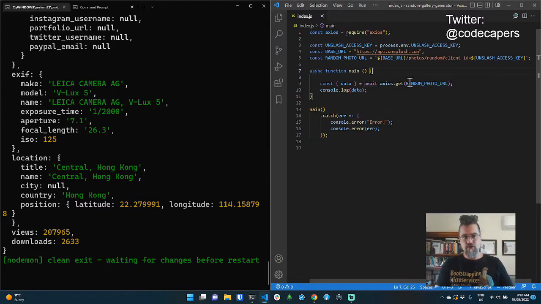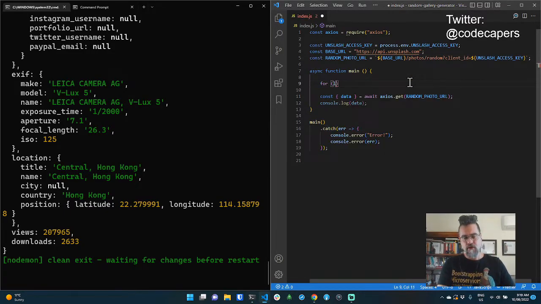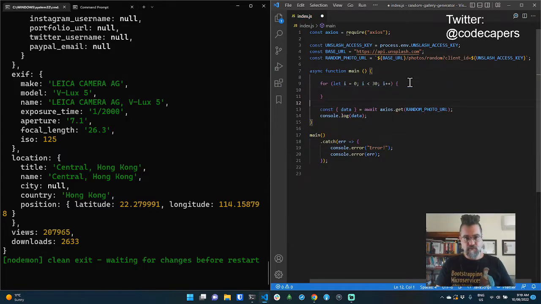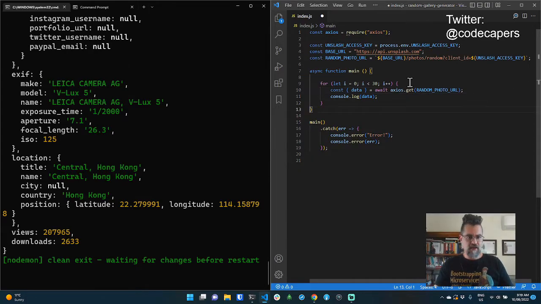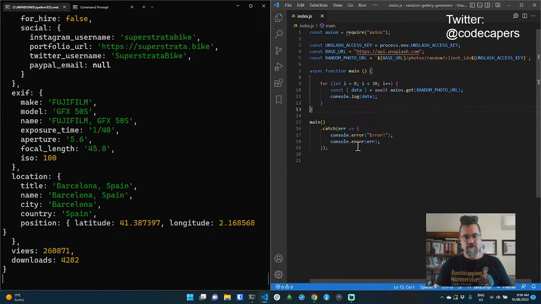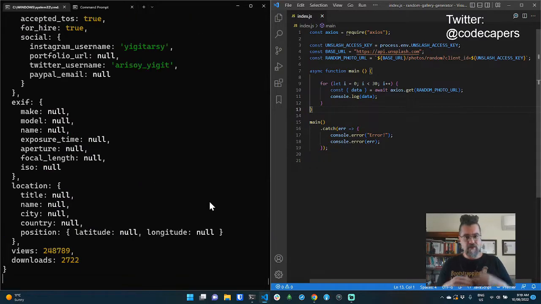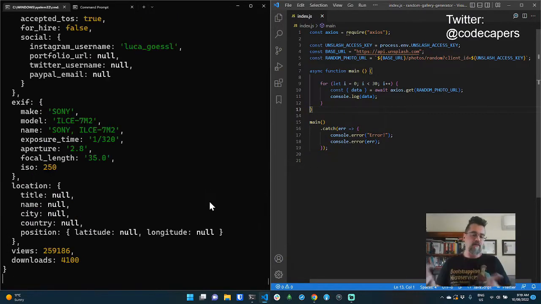And your first thought might be to use a for loop, where you're saying, start off at 0 and while i is less than 30 photos, move along one each time. This would work, I think. Let's just check it anyway. So that's going to print out 30 datas for 30 photos. Now we'd have to add that to a list, and then we want to write that list out